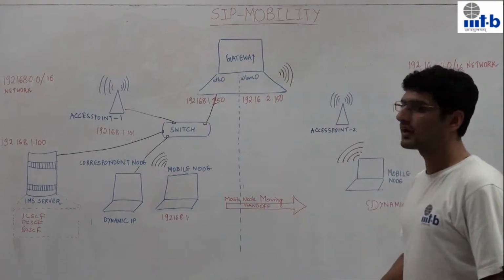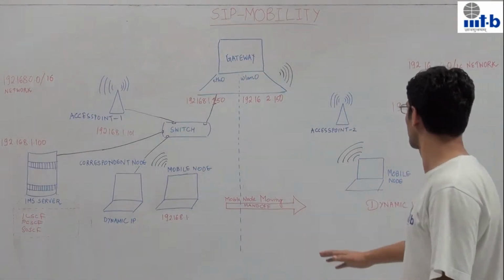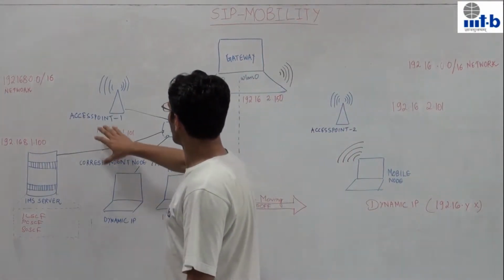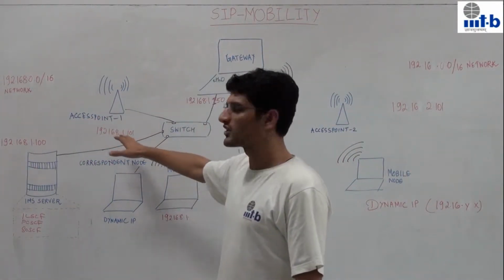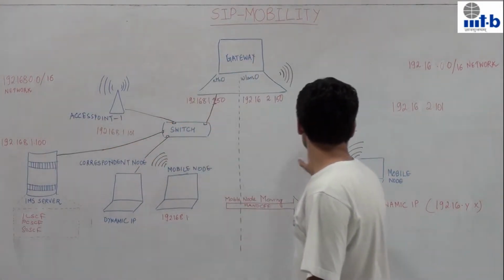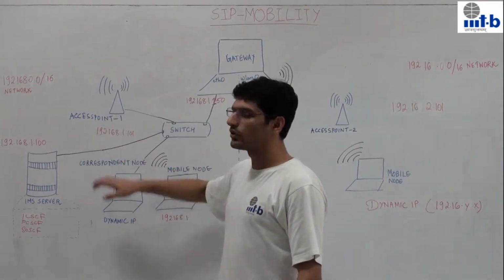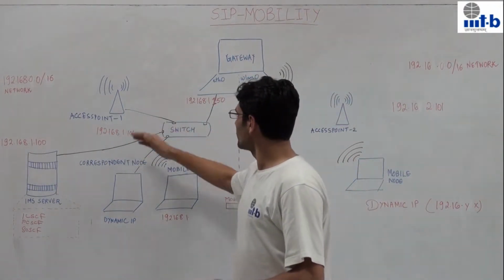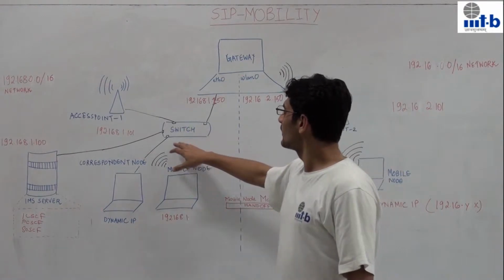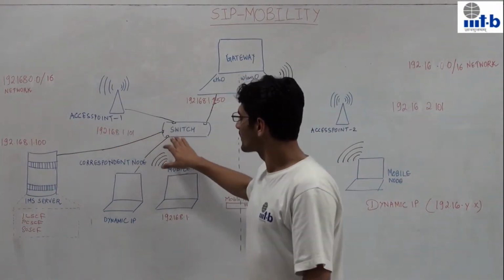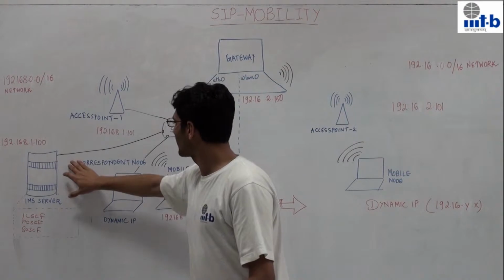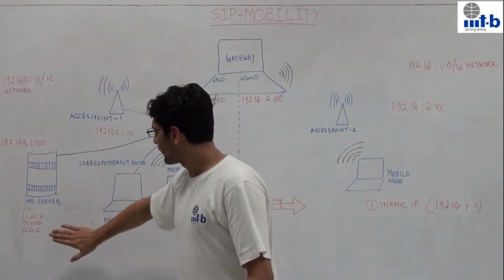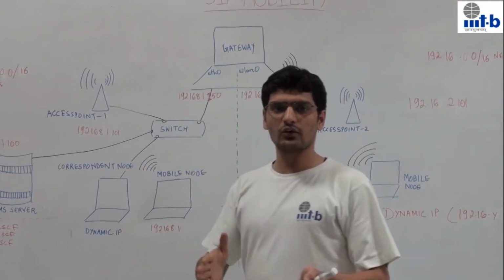Now let's move to the architecture we are following for our project. This is the basic architecture. We are using two Netgear router-cum-access points, access point 1 and access point 2. Access point 1 provides connectivity to network 1, and it is connected to a switch. Then the IMS server is directly connected to the switch using an Ethernet cable. We are giving it a fixed IP that we configured during the IMS